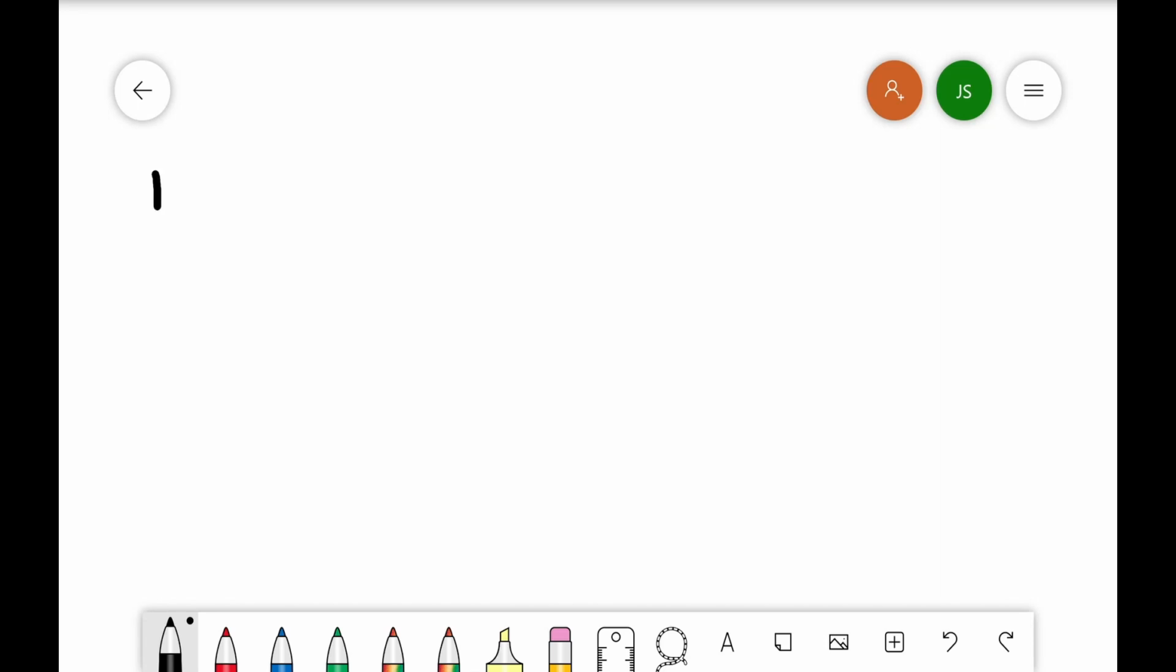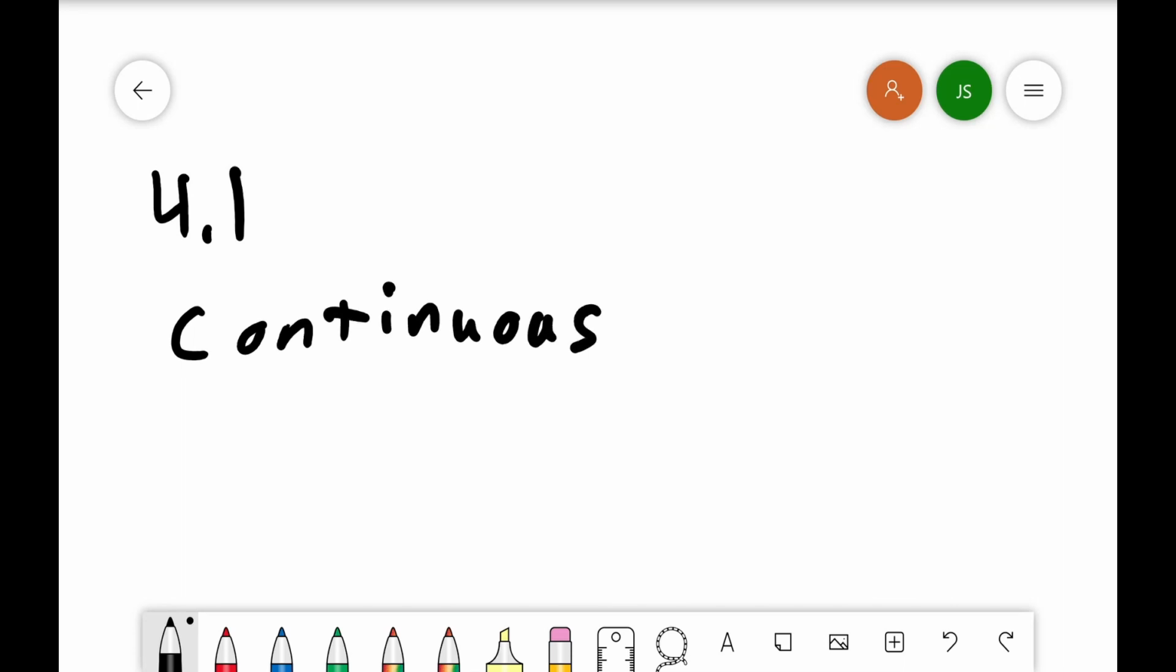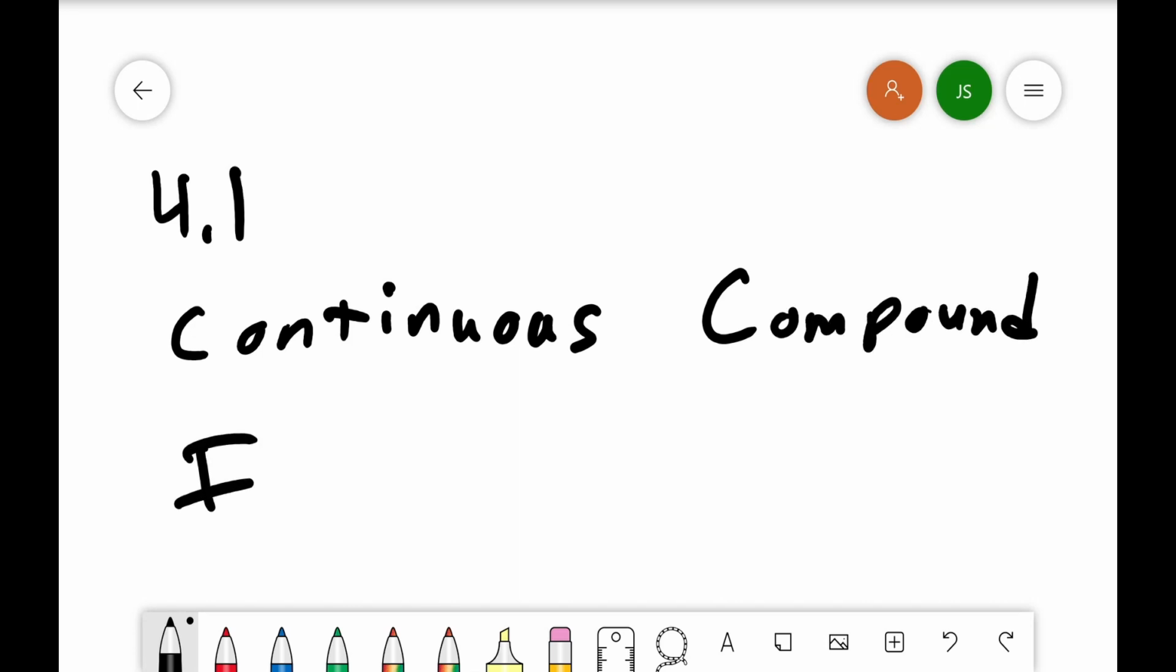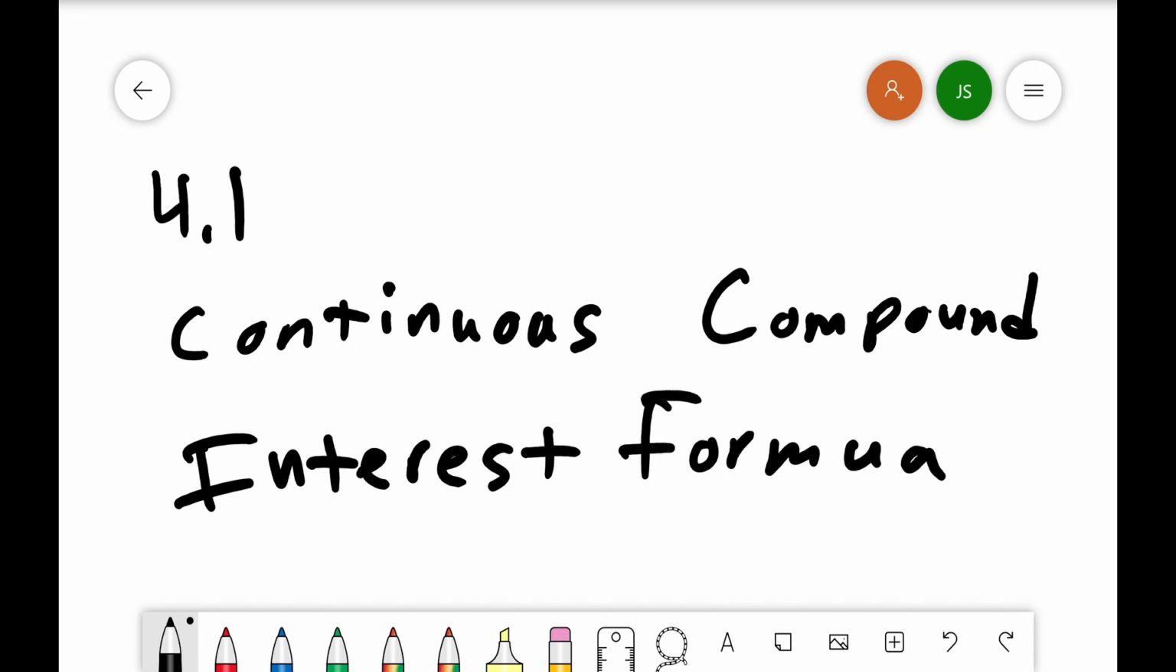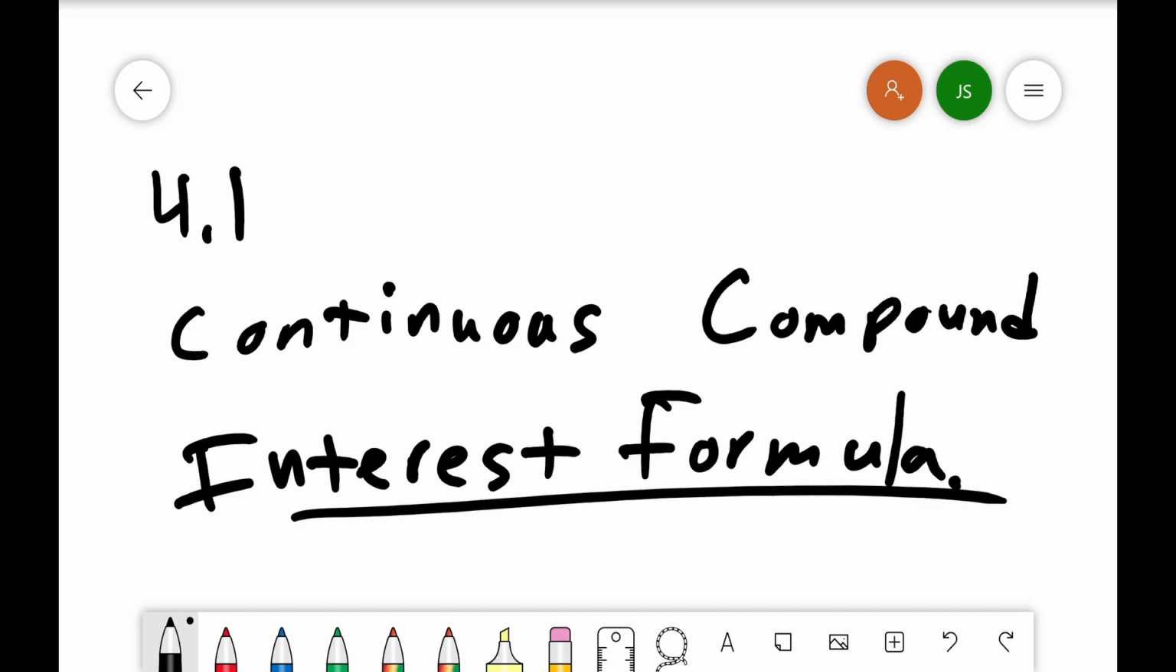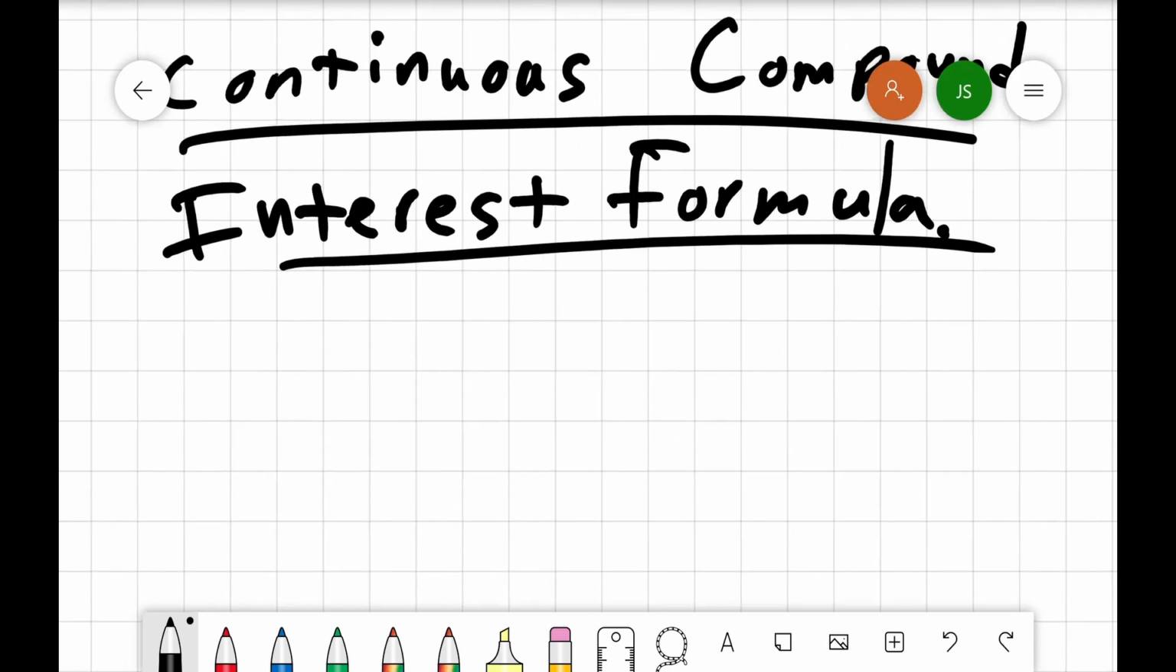Okay, we're on 4.1, continuous compound interest formula. All right. So we learned